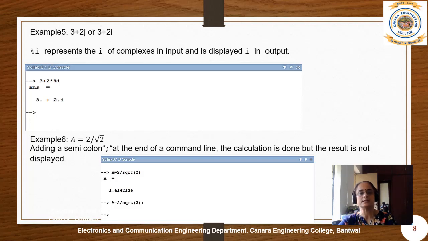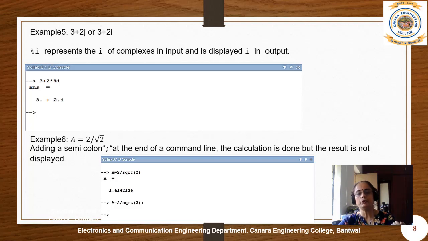Example number 6. I want to evaluate a equal to 2 divided by root 2. We know the answer as root 2. Now we'll come to the console window and we'll type a is equal to 2 divided by square root. We have a function called sqrt, sqrt in the bracket, 2. Then when you press the enter key, you will see that a value is assigned 1.4142136.